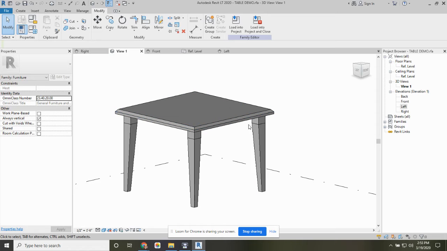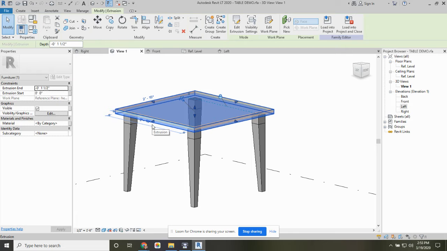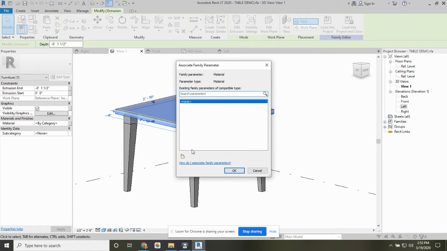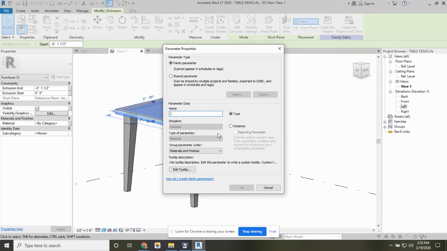If I wanted to be able to change the material in my Revit file when I bring this family in, I want to create a family parameter for the material, so I can select all of these items and give them a different color, if you will, or material applied to them. The way to do that is to select the item, and across from material in the properties, it's right now just saying by category. But if we click on associate parameter and I create a new parameter here